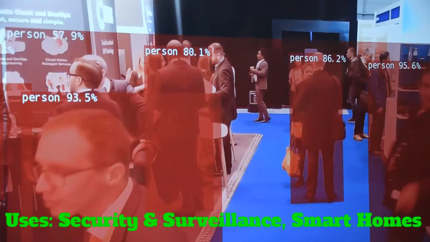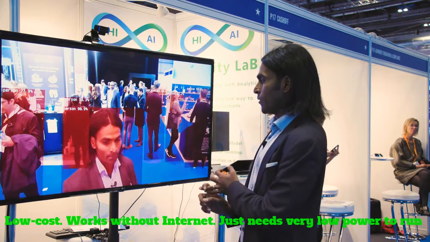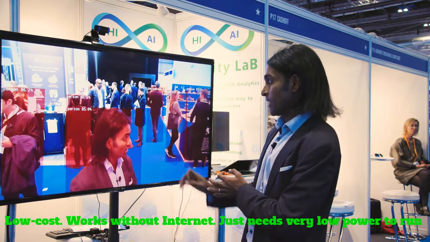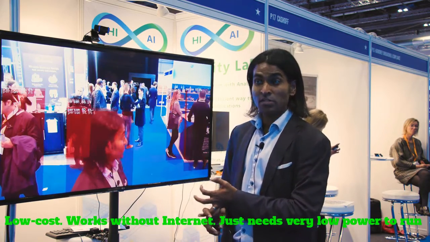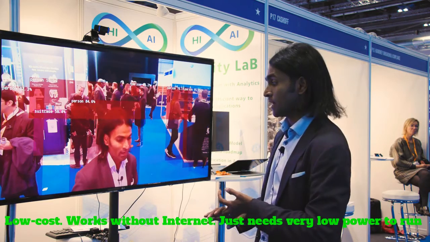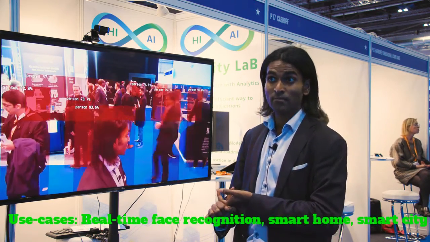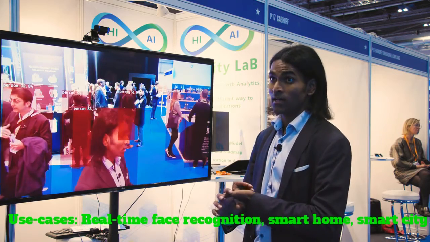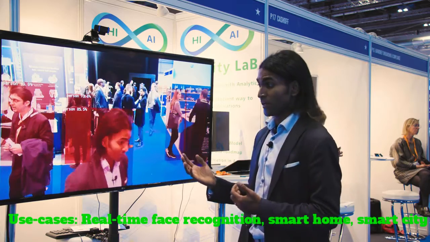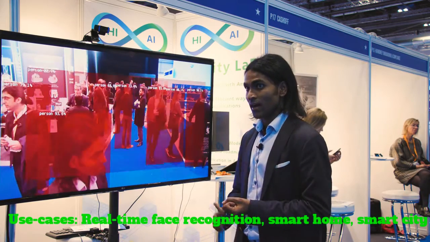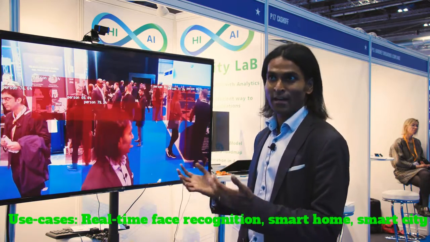The power of this application that we developed is that it's a very low cost and very high-powered application, where you can apply it to different scenarios like smart city, security and surveillance, and perhaps different verticals, to identify facial recognition, for example, or maybe fraud, different scenarios. And the power of this application is that it's very low cost, high power, and works without internet connectivity. AI at the edge.